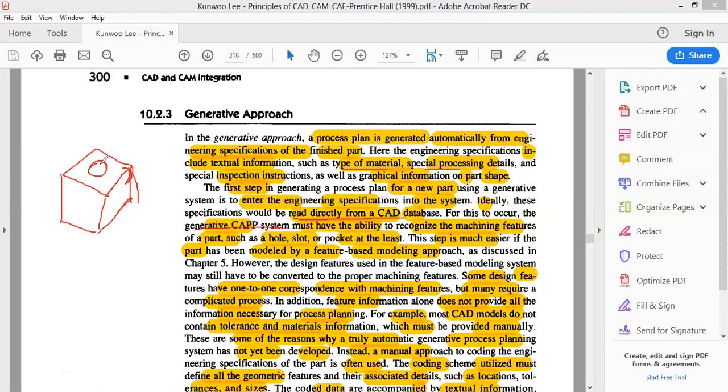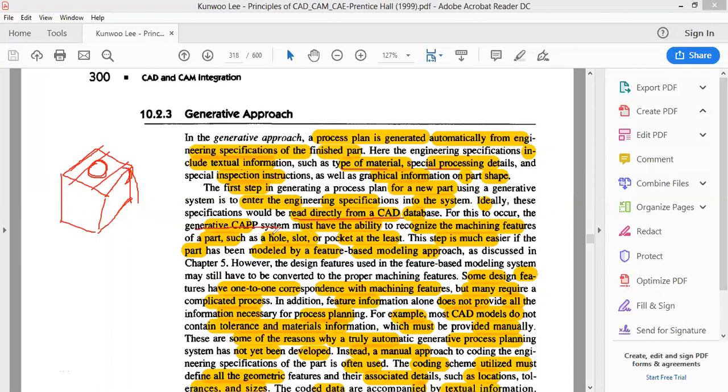Based on this and the logic that has been written for the software, if there is a hole present, it is immediately going to identify that a drilling operation has to take place here. The next thing the logic comes into play for is the sequence of operations to be done. First the top surface has to be made flat, then any other required operations, and then the hole has to be drilled. The sequence of all these things is also going to be read.